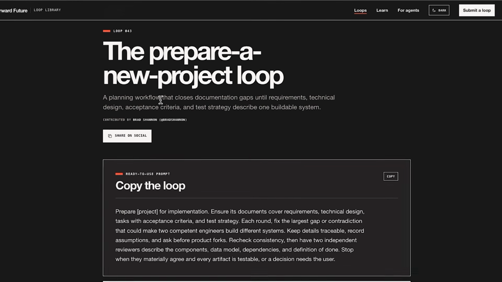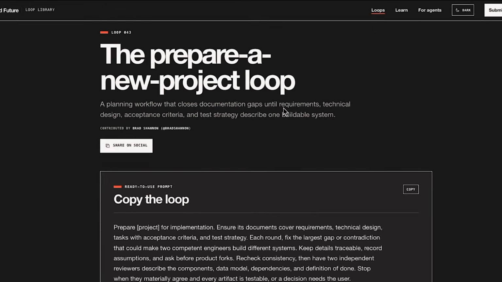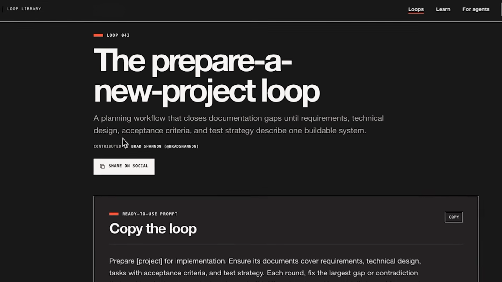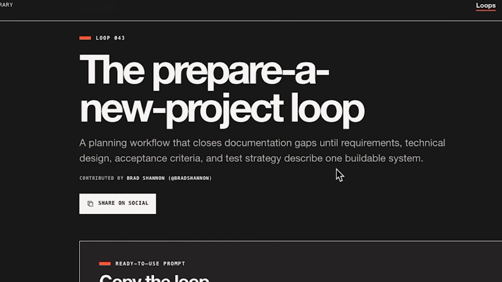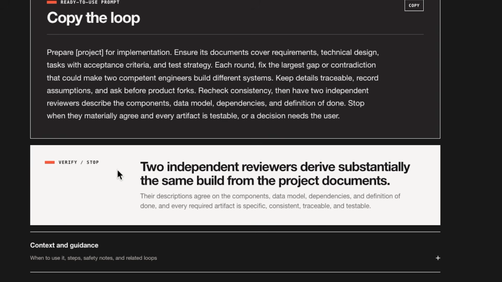A planning workflow that closes documentation gaps until requirements, technical design, acceptance criteria, and test strategy describe one buildable system. The verify stop is two independent reviewers derive substantially the same build from the project documents. Their descriptions agree on the components, data model, dependencies, and the definition of done.